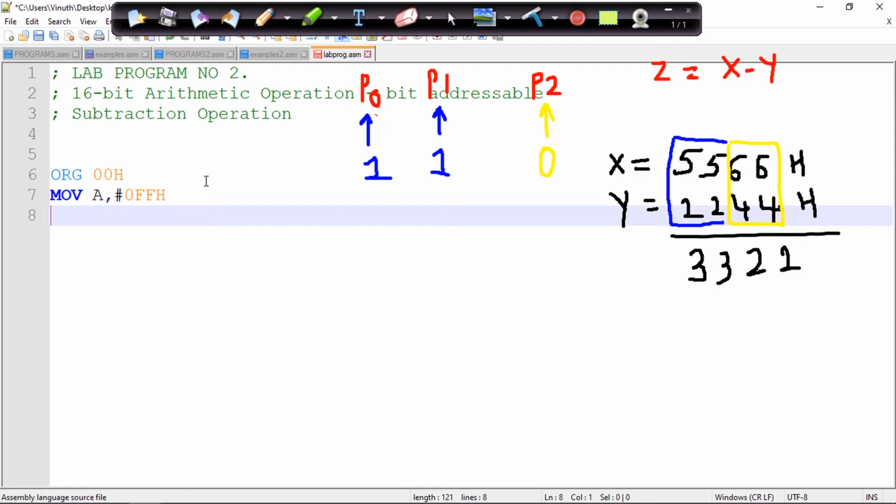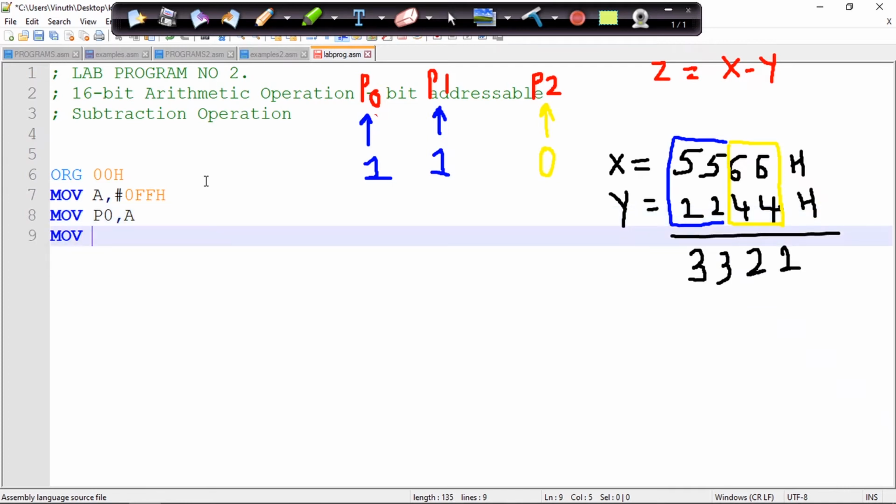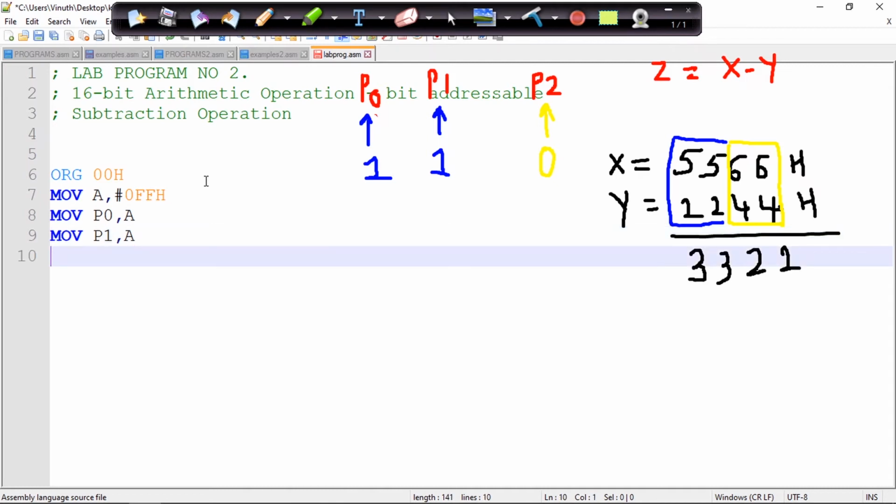As of now A has FFh, so let me do MOV P0, A. Let me make my P1 also an input port, so both ports are input ports now.